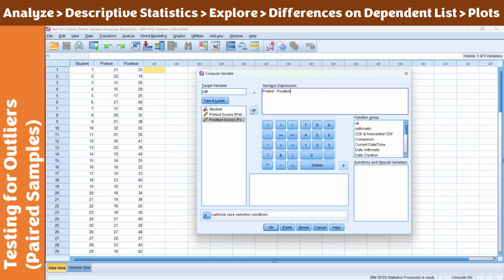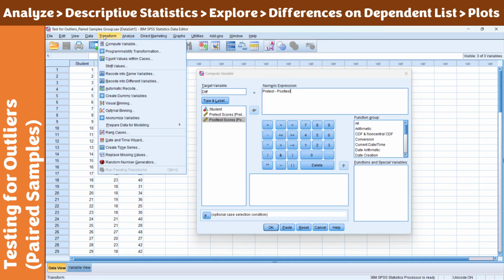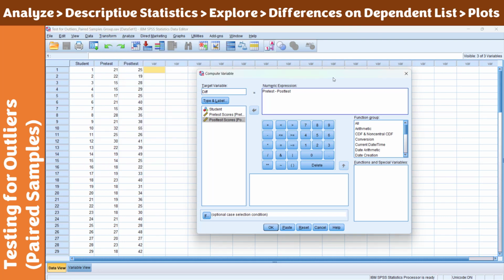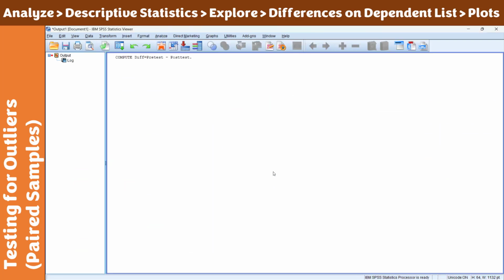And for the 4th assumption about normality, you're just checking if the differences are normally distributed. And for the paired samples t-test, if all assumptions are satisfied, they will just be using the differences. Okay? So once you're done with this, again, this was done by Transform, Compute Variable. That's what we did, coming up with this dialog box. Simply click OK. And you would see that for our 4th column, we just highlight here, you will see all the differences. But of course, it will just give you the output area.